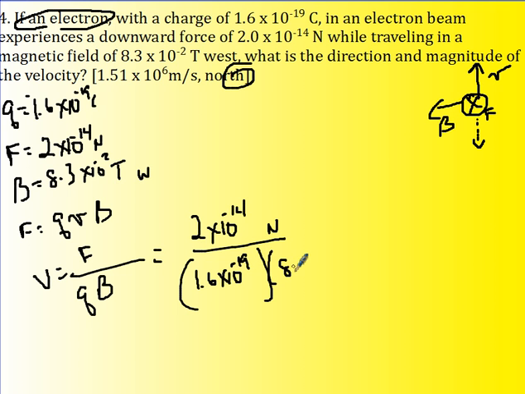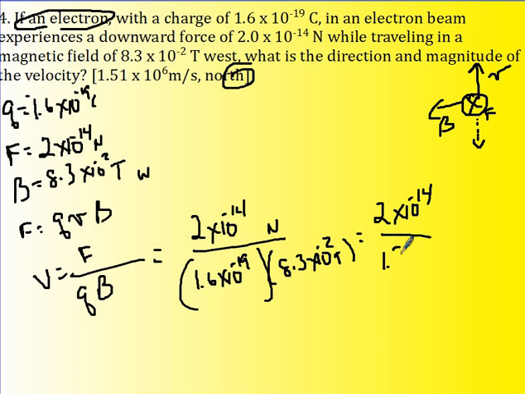B is 8.3 times 10 to the negative 2 teslas. Now, this is 2 times 10 to the negative 14 divided by, go on and do the calculation. 1.6 times 10 to the negative 19 times 8.3 times 10 to the negative 2 gives you